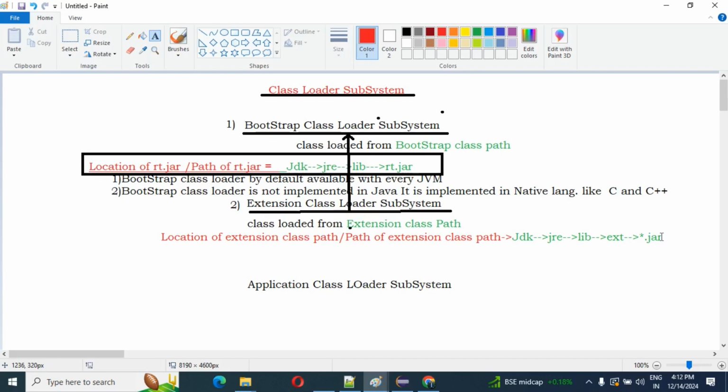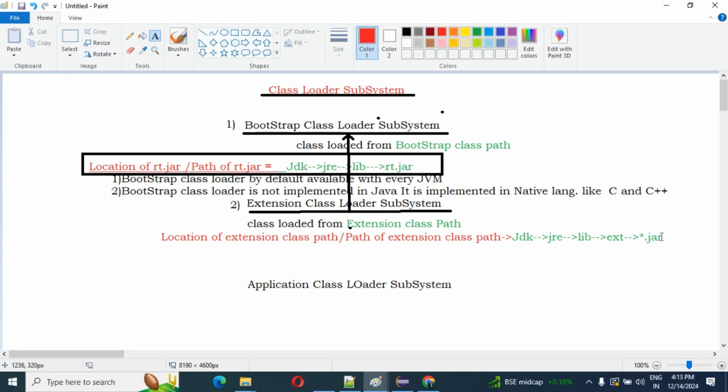If you want to know the corresponding class name, I will execute one program, so don't worry, we'll see that, and you may get the corresponding class name.